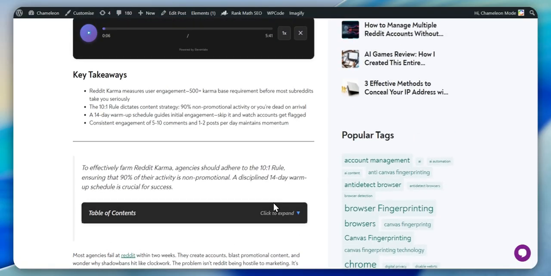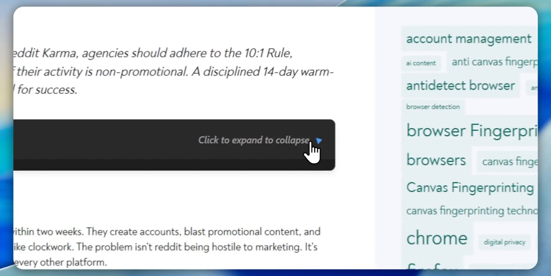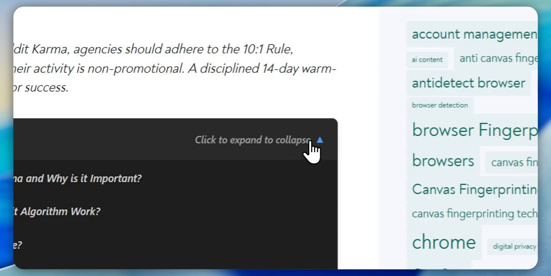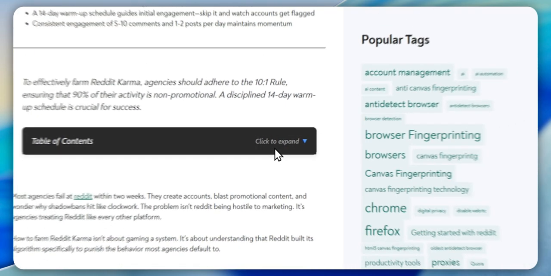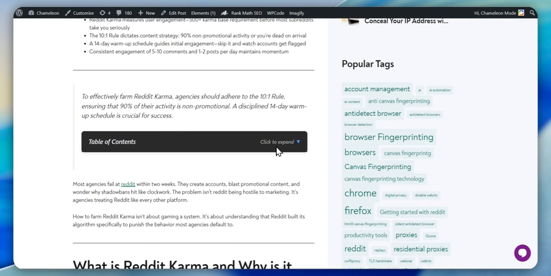And here's the table of contents, styled really, really nicely. This is just set to automatically appear after the first paragraph. You can manually put it wherever you want. You can have it before or after the content. I'm going to be adding in other customizations, but again, you have the table of contents,